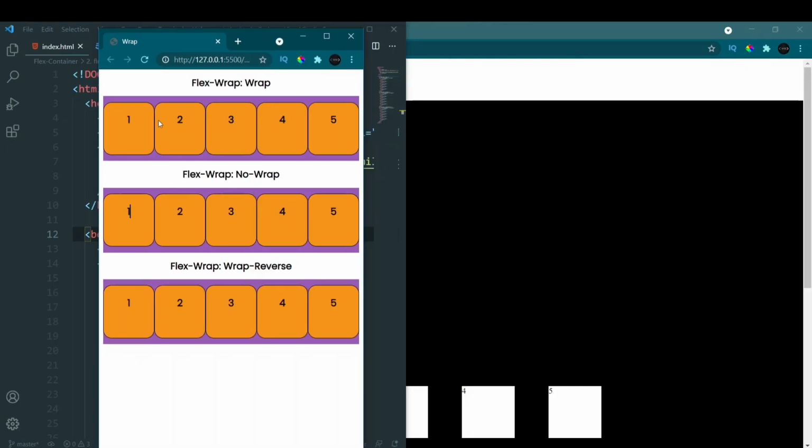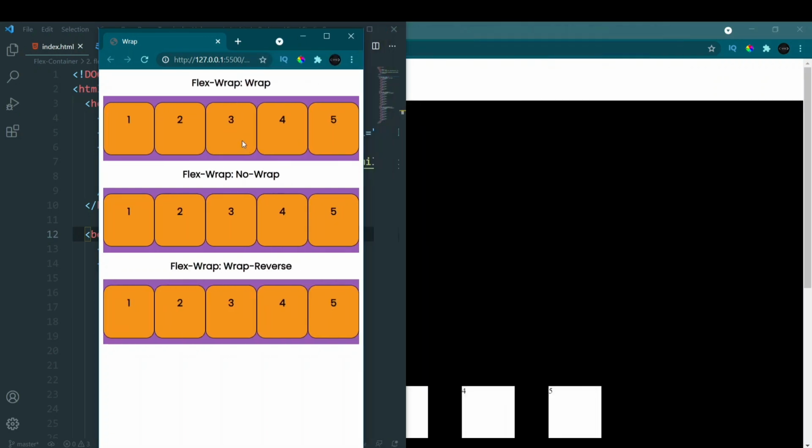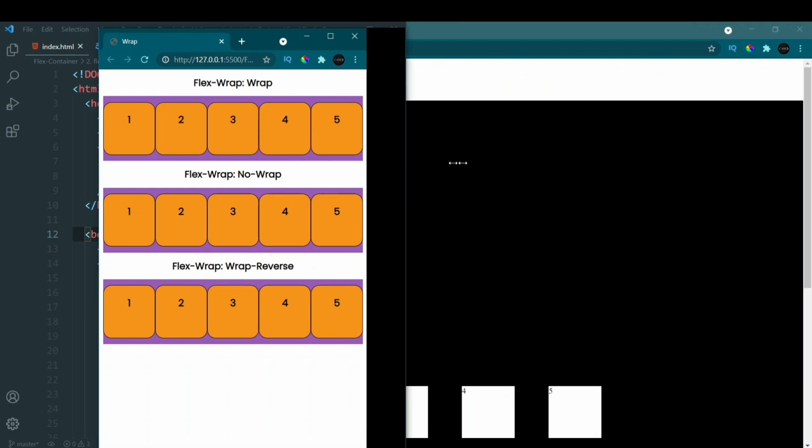You can see these elements are sticking together. Now if you're using a website on your phone, do you want equally spaced, nice looking elements, or do you want a few elements that are sticking together? Nobody wants this, right? So this is where the flex wrap property is used. Now